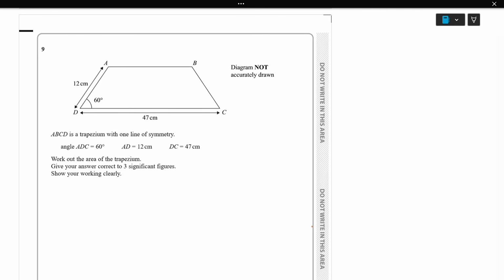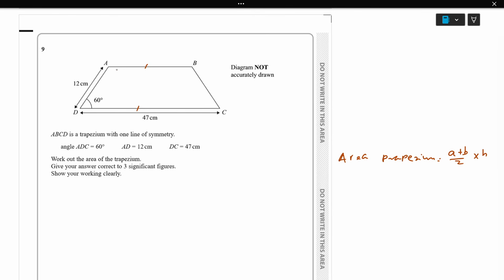Next, question 9. ABCD is a trapezium with one line of symmetry. Angle D is given, side AD is given, and side DC is given. Work out the area of the trapezium. So, the area of a trapezium formula,